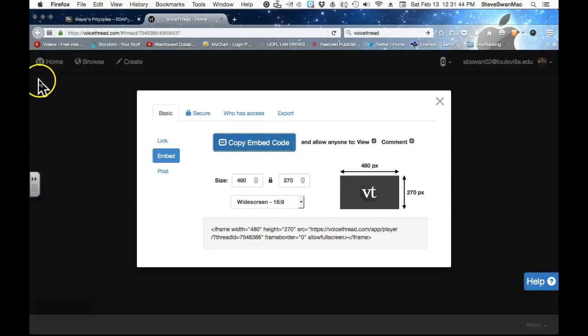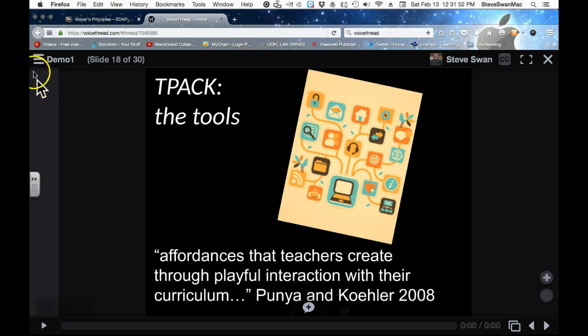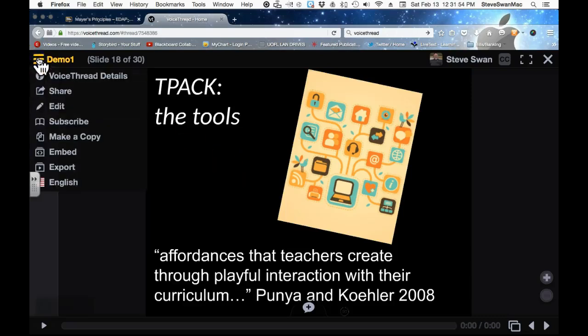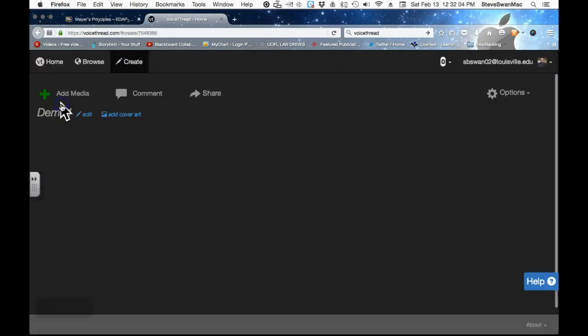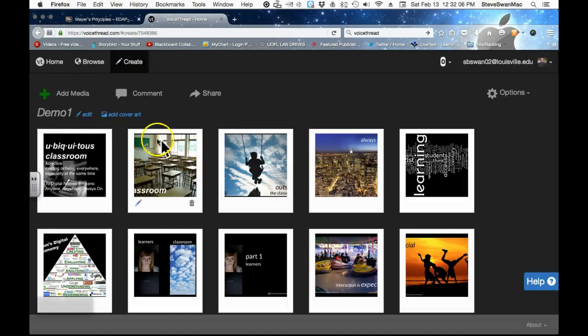Now, one of the other things that we've talked about with our VoiceThreads is whether we should allow them to run or to just be something where you click through. Well, in this version, let's go back in here and edit again. In this version, it doesn't give us as many choices as the old version did. And so what we end up having to do is